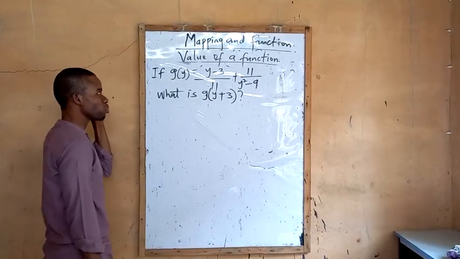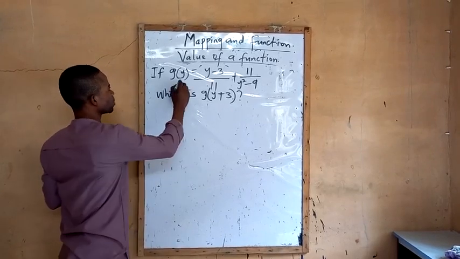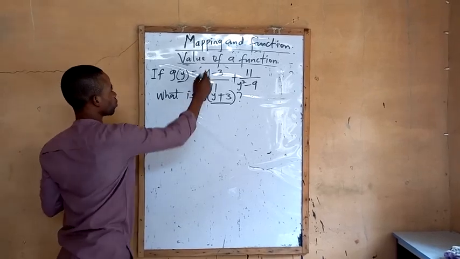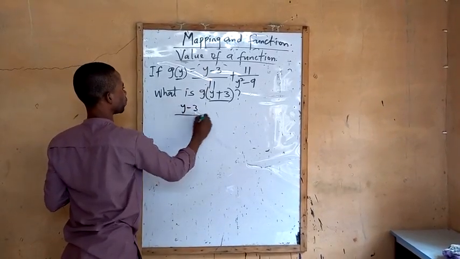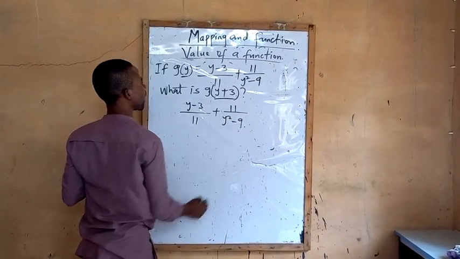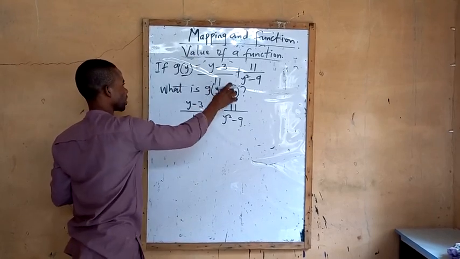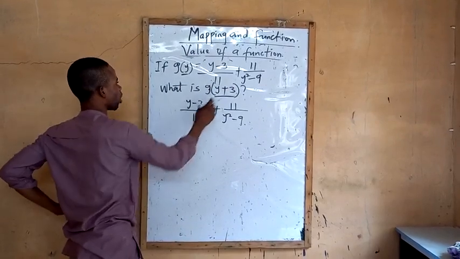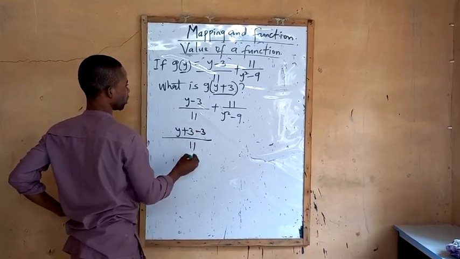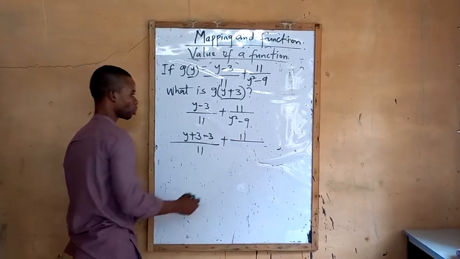That shows that anywhere I see y, like I told you, I'm going to put y plus 3 in these expressions. Now we are given (y minus 3) over 11 plus 11 over (y squared minus 9). Anywhere I see y in this expression, I'm going to substitute y plus 3 because it's standing in the place of y. I see y here, I'll put y plus 3 minus 3 over 11 plus 11 all over, I see y here, I'll put y plus 3